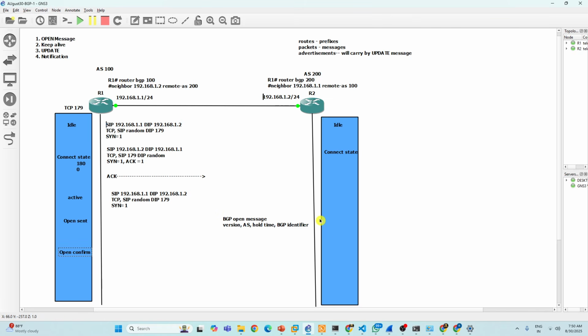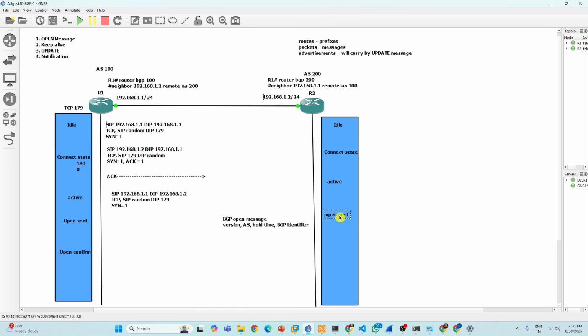So if it receives a valid open message, here also it's the same thing. Here also we have active and then open sent, same open sent.